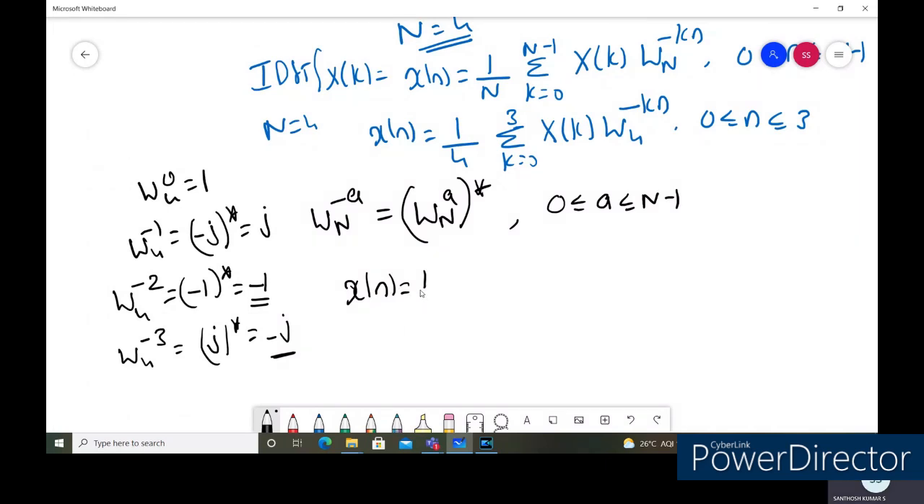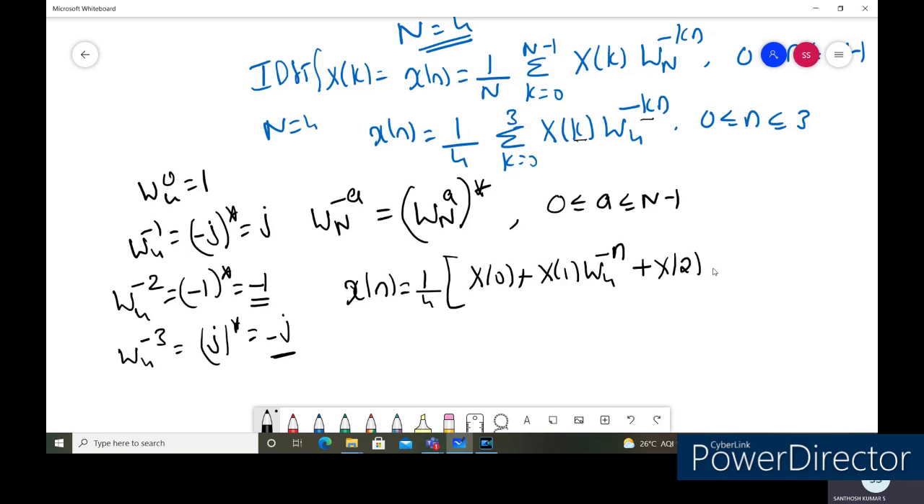So it will become 1 by 4 into, if I substitute k is equal to 0, it has x of 0. For k is equal to 1, it's x of 1 into omega 4 to the power of... So here I'm expanding the summation with respect to k is equal to 0 to 3, wherever k is there. These k values we can replace with 0, 1, 2, 3. So it is omega 4 to the power of minus n,